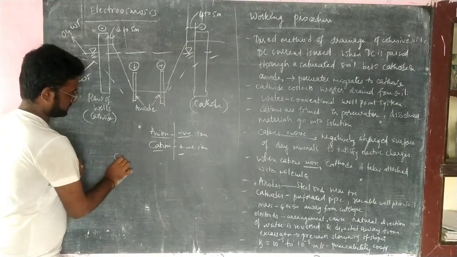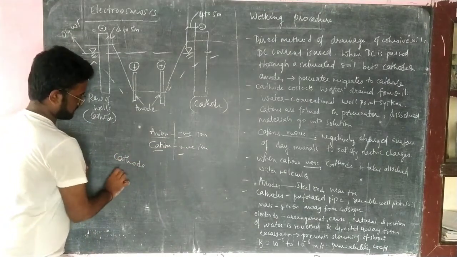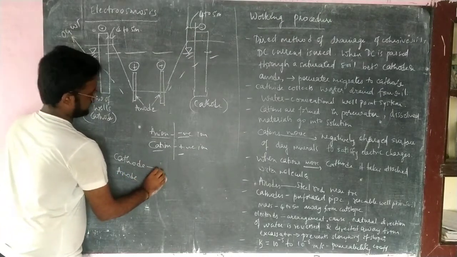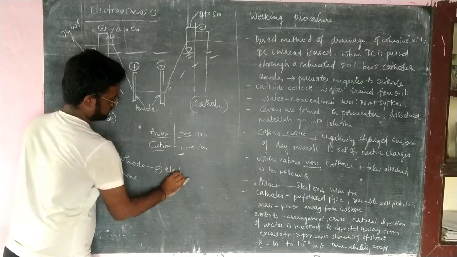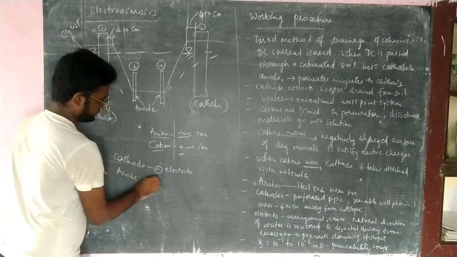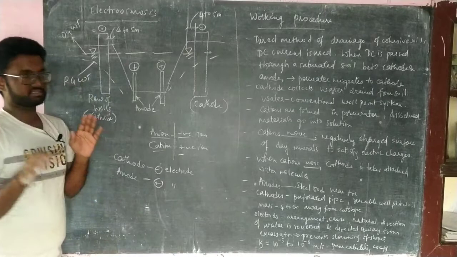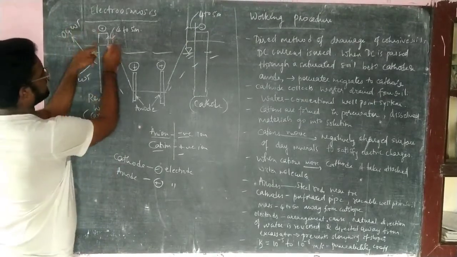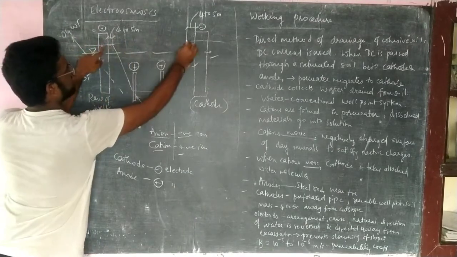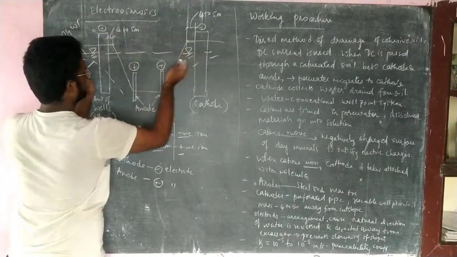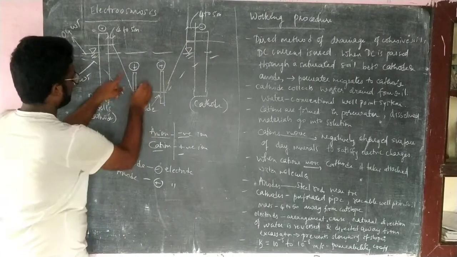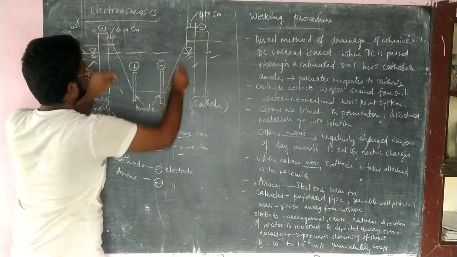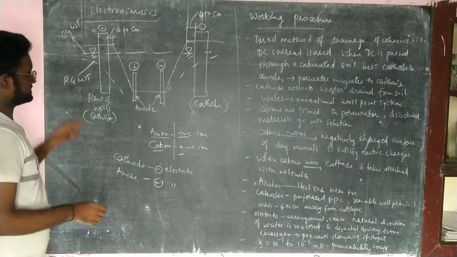But in terms of cathode and anode, cathode is the negatively charged electrode, and anode is the positively charged electrode. If you keep this in mind, this process is very easy, and it has a spacing of 4 to 5 meter. Here also 4 to 5 meter. This is the groundwater table, and this is the reduced groundwater table, and this is the positively charged electrode, that is anode. This is the negatively charged electrode, that is cathode, and they are arranged in this way.